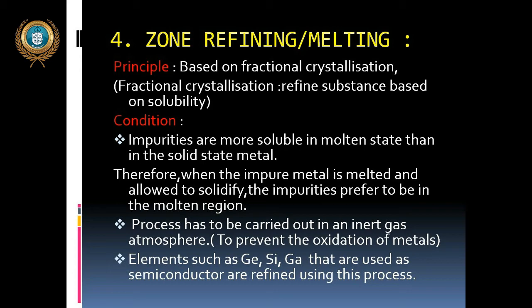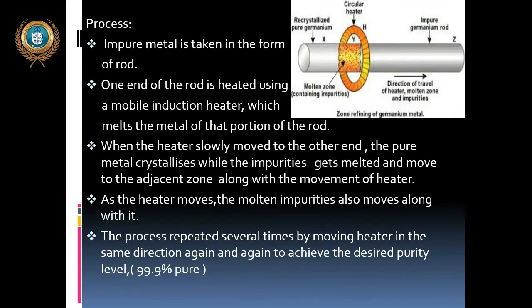Let's see the process here. When I read this theory part, just look at picture 2, how this process happens. Here, as I said earlier, the impure metal has to be taken in the form of a rod. Look at the picture here. It looks like a cylindrical rod; this is an impure metal rod. For example, if we want to purify germanium metal, we have to take the germanium metal as a rod, impure